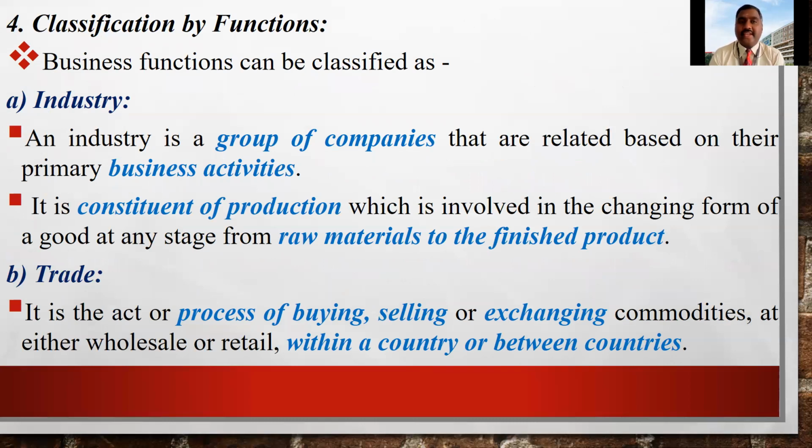And the final one, the fourth one, is according to the function. What kind of activities you are carrying out, right? If you take industries, they will be involved in getting raw materials, production, distribution, packing, everything done in the same place. For example, take FMCG. FMCGs will have different production units in different locations. Each and every production unit will start manufacturing the product, and they will be distributing to all parts of the country. Whereas trade is only the exchange of goods and services, buying and then selling, either within a country or between countries. Right? So these are the different ways business is classified.